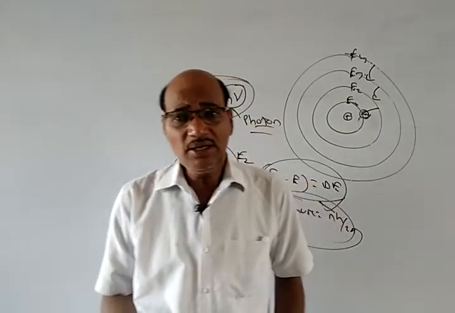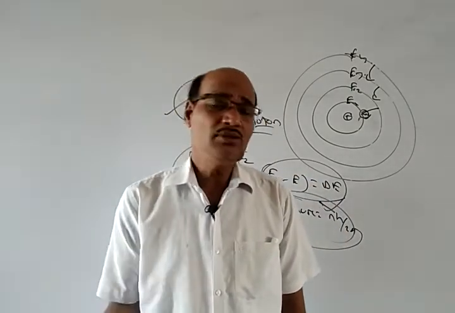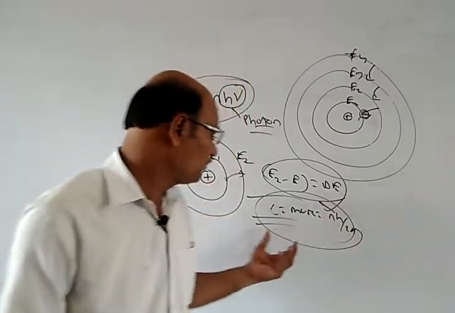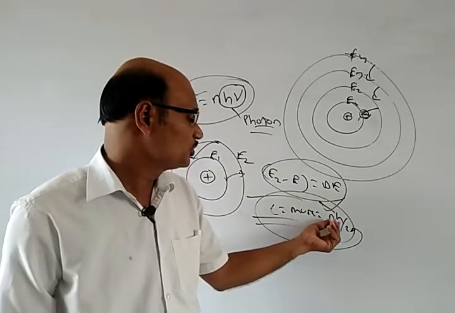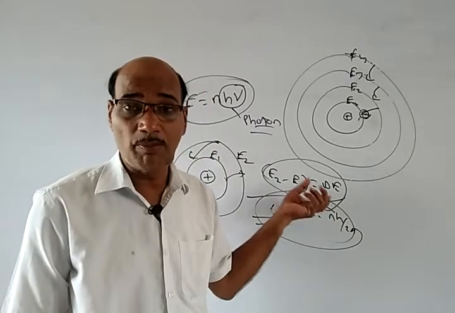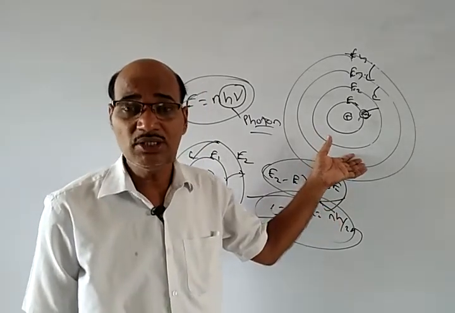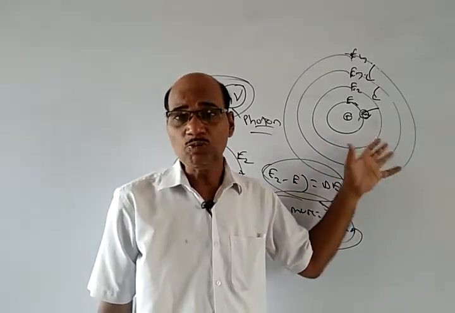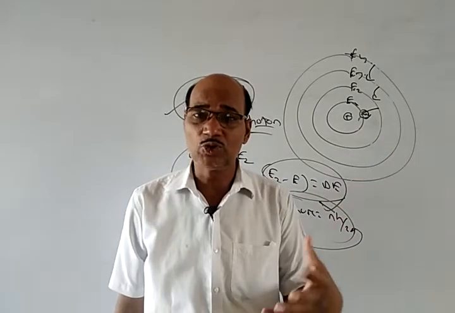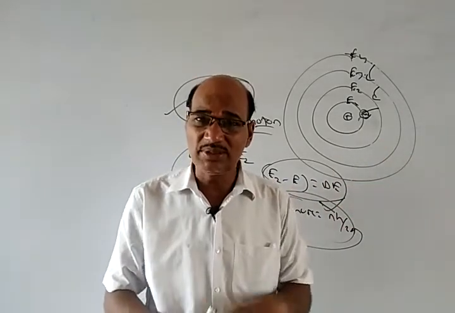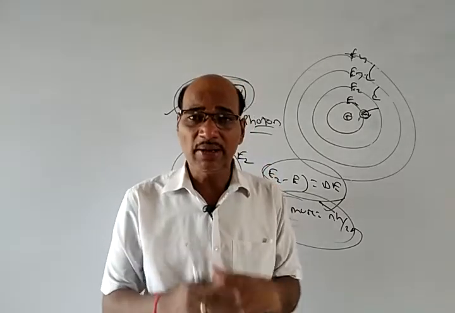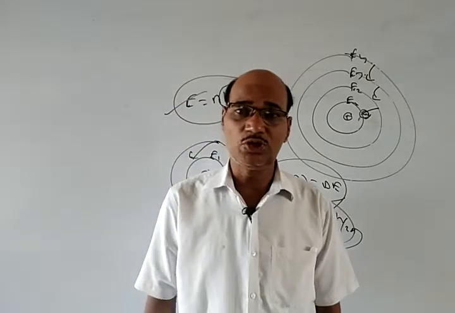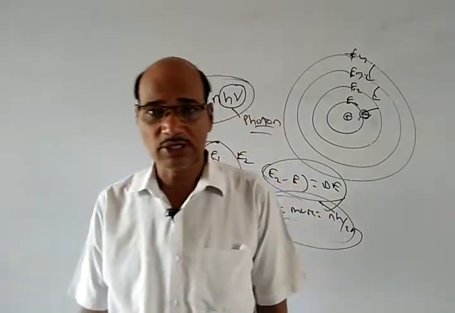Then he compared his concept with Bohr's model, where the angular momentum L equals mvr equals nh by 2 pi. The definite orbit was compared with de Broglie's equation, and it was found that 2 pi r is equal to n lambda. When 2 pi r is equal to n lambda, the electron is in phase, that means revolving around that particular orbit. When 2 pi r is not equal to n lambda, the electron becomes out of phase. That will be discussed.